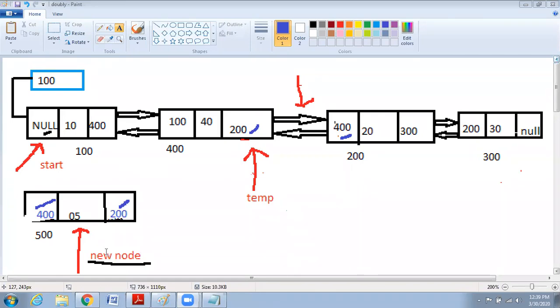Ma'am, new node's left equals temp. Very good. New node's right equals temp's right. Okay, very good. And temp's right left equals new node. Good. And temp's right equals new node. Okay. Ram, can you narrate?